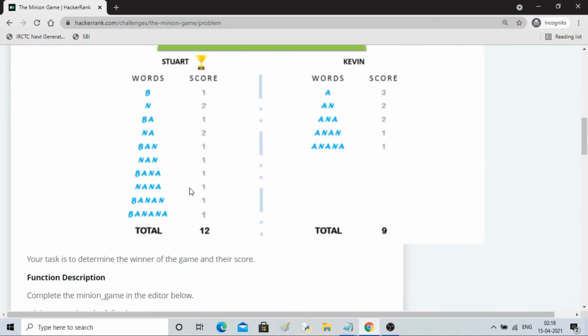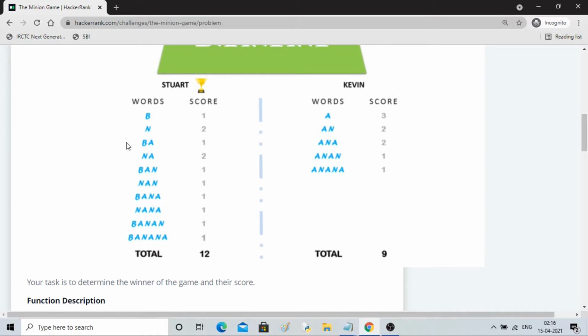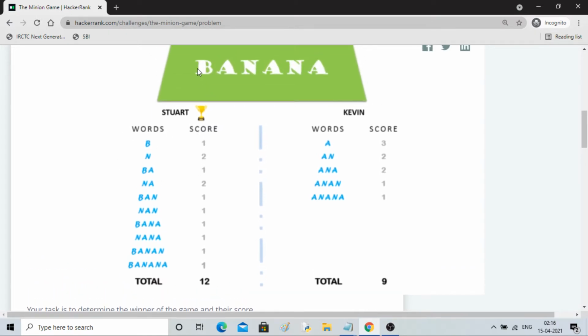Now if you look closely, they are not making random words. They are going in a sequence. So first Stuart made B, then BA, then BAN, BANA, then BANAN.